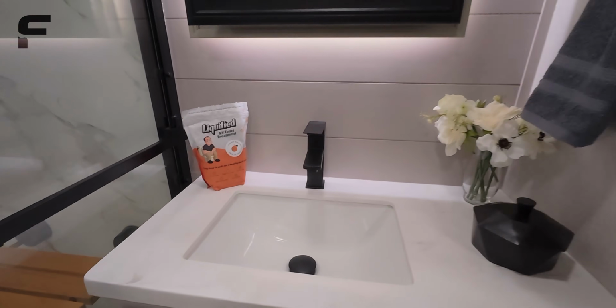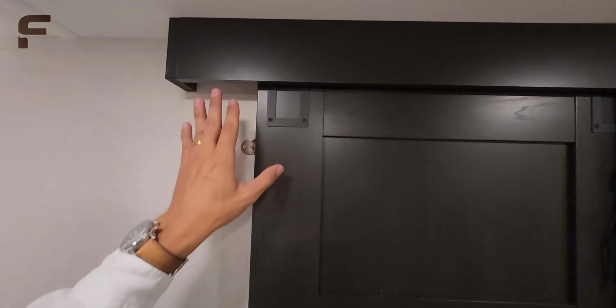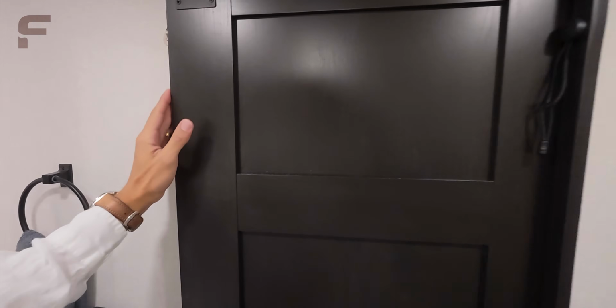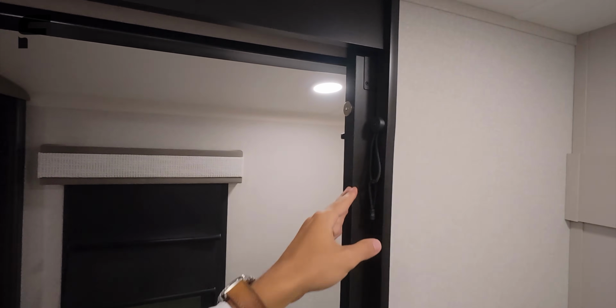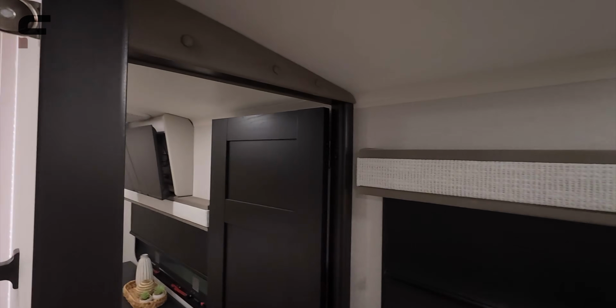Last thing, we do have a nice pocket style door here. Has a magnet latch there to hold it shut, and great privacy with this. So you have a little bit of a crack here at the base, but up top and on the sides, really, really good privacy there. And it is a little difficult to open because of how strong that magnet is, which is nice. You don't want it to open up too easy,